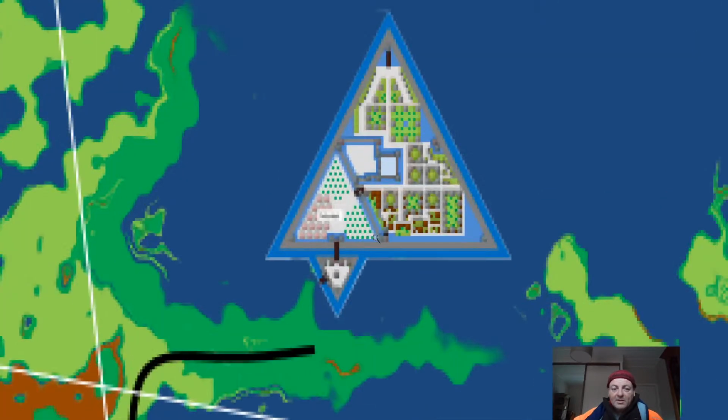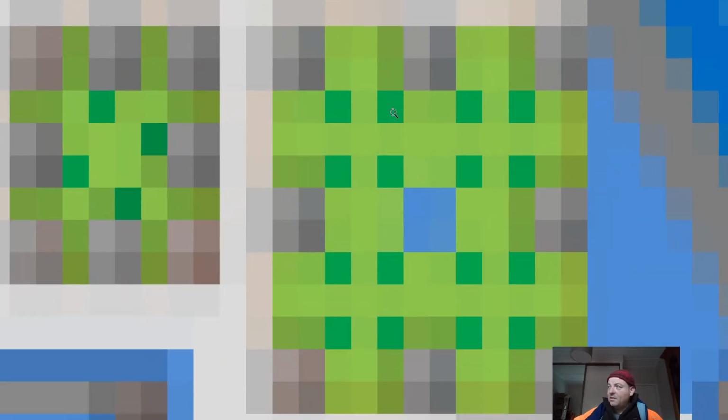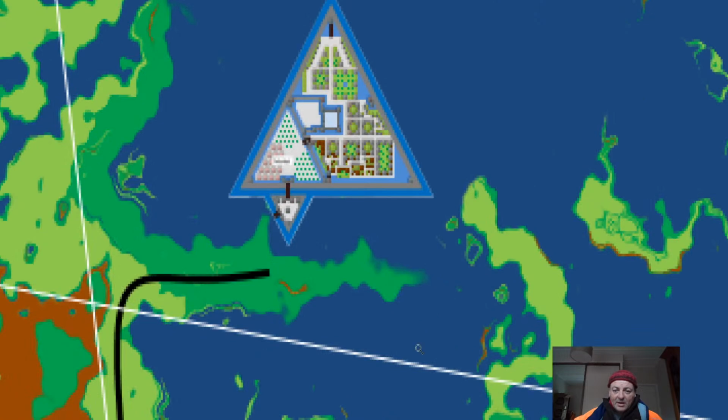Now, I've also made it so that each of these pixels is, I should talk about the scale of the map. Each one of these pixels is effectively 10 foot square. Now, yes, I'm using imperial measurements. That's a totally different thing. The main thing is that, yes, it gets pixelized on these ones here,